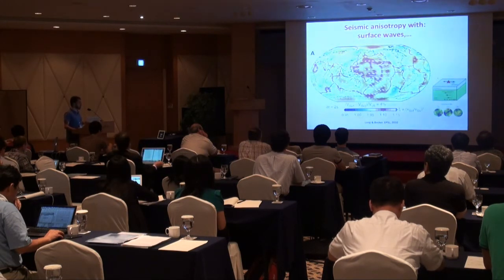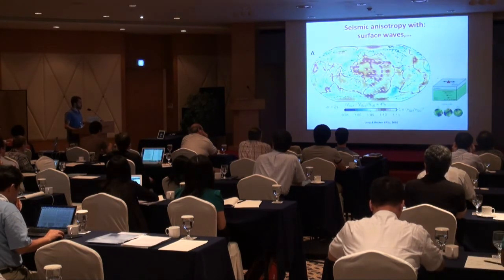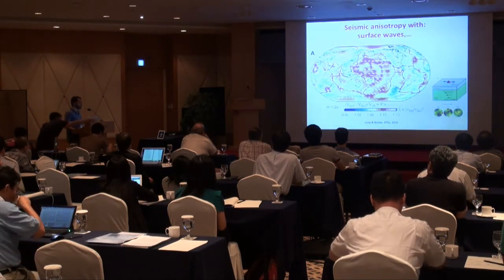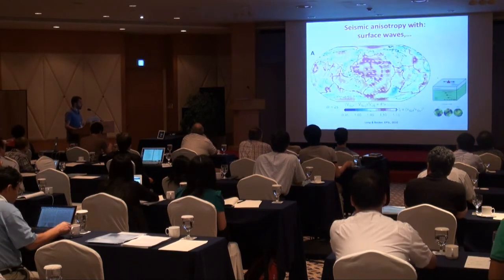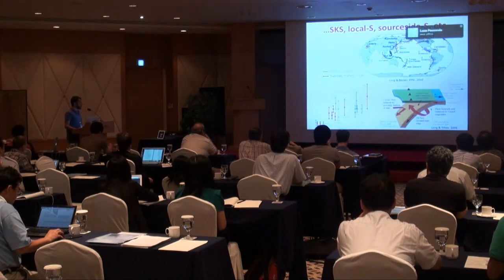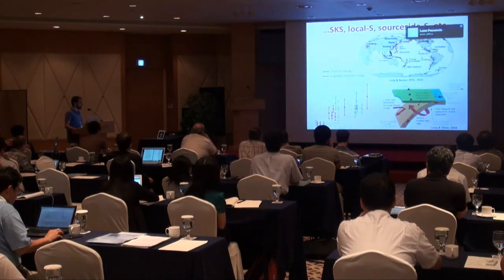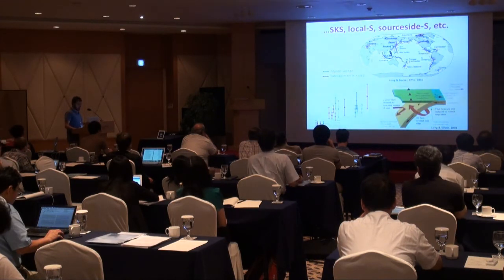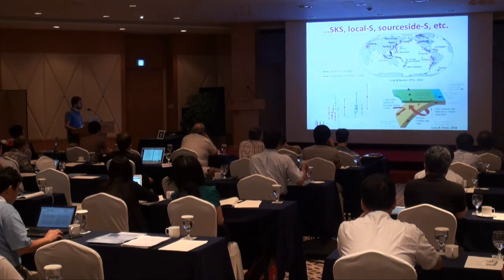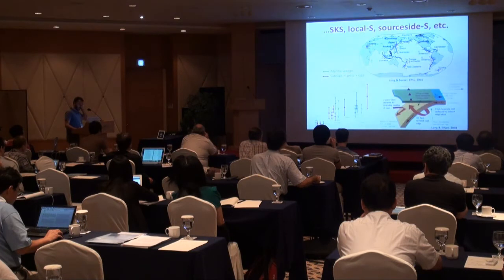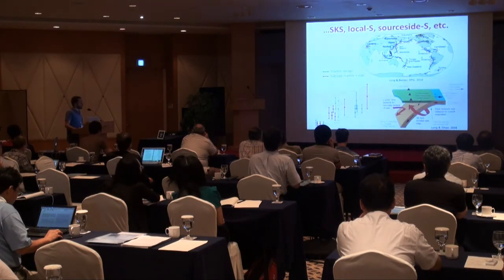Surface waves have a horizontal resolution that is quite poor, about 1,000 kilometers. If you want to go into more detail, you have to use other shear wave phases, like SKS, local shear waves, or source-side S. These are commonly used to study the anisotropy at subduction zones, where there is a common pattern where the fast wave